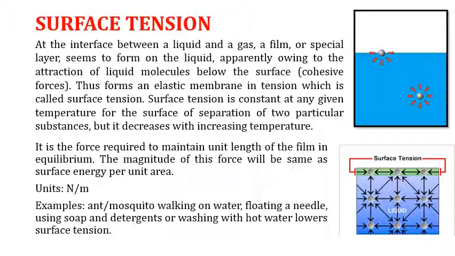So let's assume a liquid in a container as shown in this figure, and let's assume two molecules, one at the surface and one in the middle. Only the top surface is open to the atmosphere, or in contact with the air. That surface in contact with the air will actually experience surface tension, like shown over here, for the topmost layer. All those sides which are in contact with the solid boundary will not experience any surface tension. Only the top surface has surface tension.